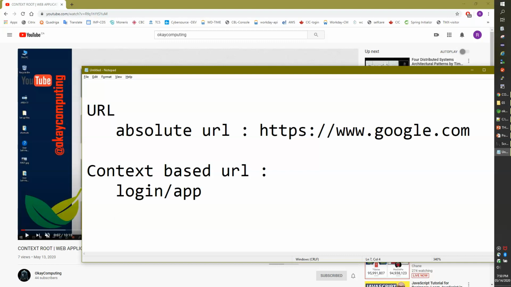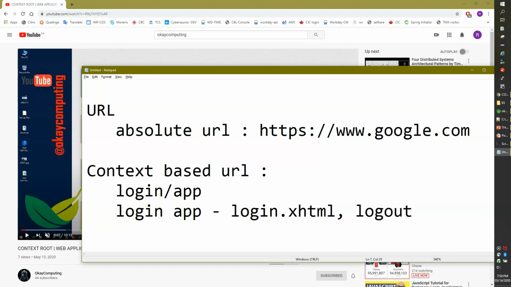Now say, for example, in your login application you have pages called login.xhtml, logout.xhtml, and profile.xhtml.